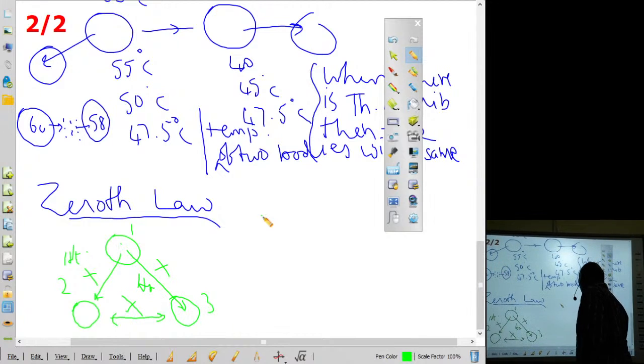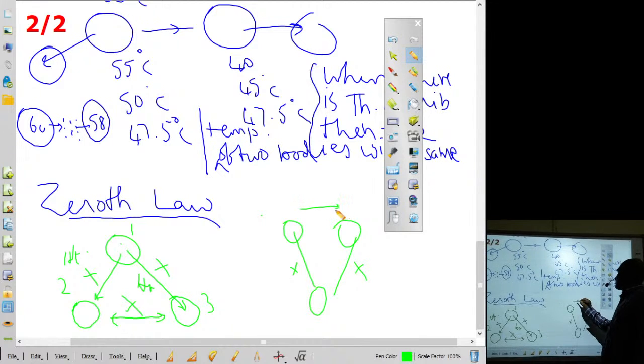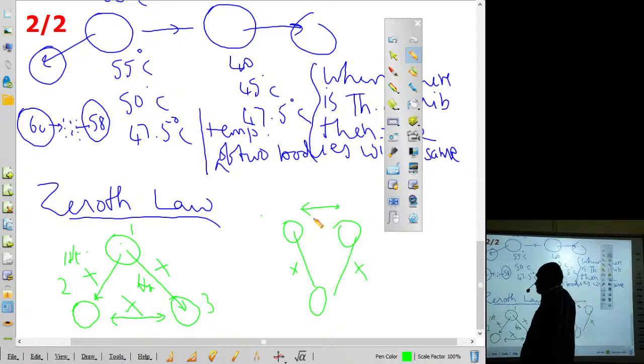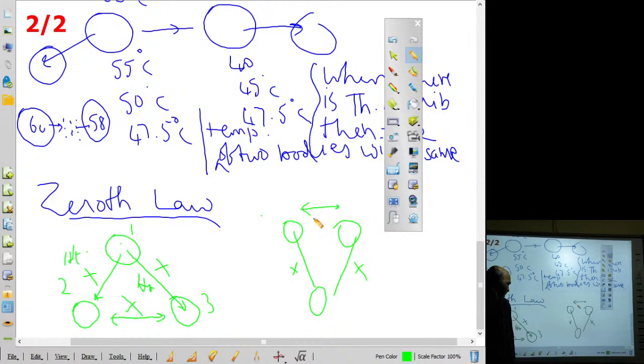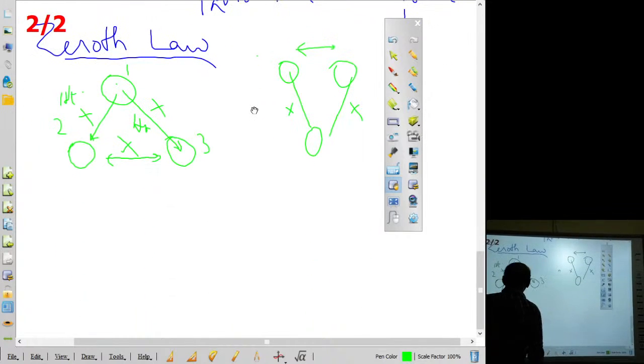So, first body, the second body, then third body, first and the second, no heat transfer. Second and the third, no heat transfer. Then the first two bodies also will be in thermal equilibrium with one another. That word one another is important. I have already made a mention of it. So this is thermal equilibrium. Therefore, if you want to make a note of it, it should be like this. That